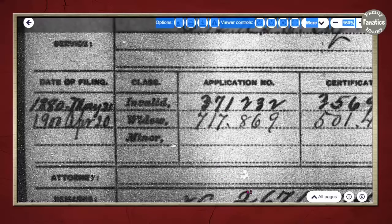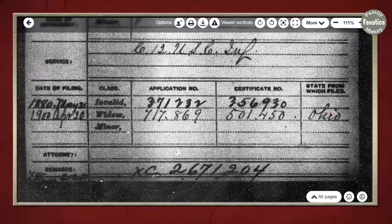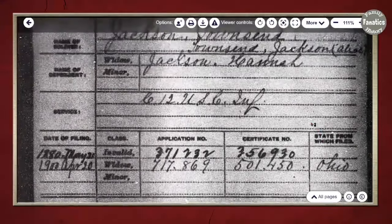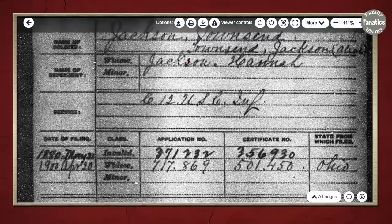Make sure that you are recording all of the information. This is where the widow filed the petition, but that doesn't mean that is where they are from. So be very careful when you put in the state, because your ancestors might be in places you hadn't thought of. Now, I highly recommend that you capture the number for the pension file and then go obtain a copy